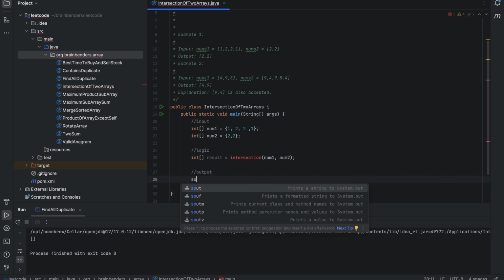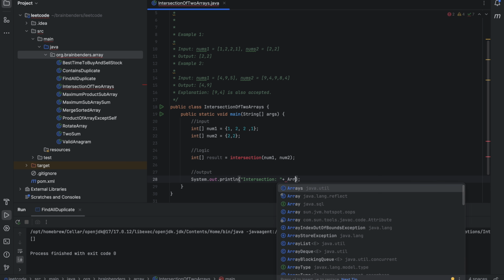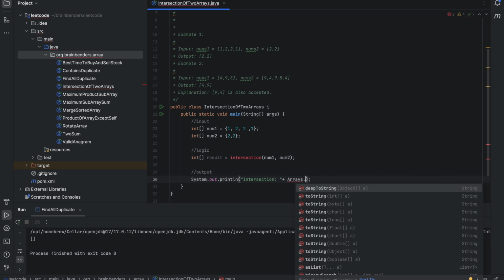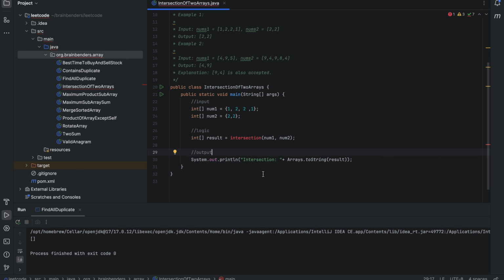So system out, and over here I can just say intersections. Okay. And since it is a primitive array, I will use Arrays.toString, and then I can pass my int array here, which is result. All right. So this is a very high level view of the particular problem. Now what we will do is